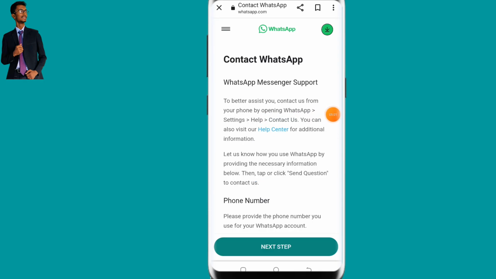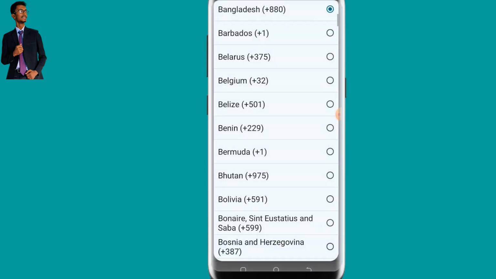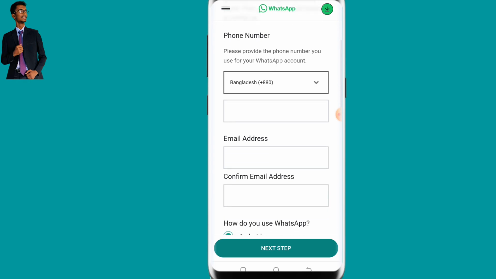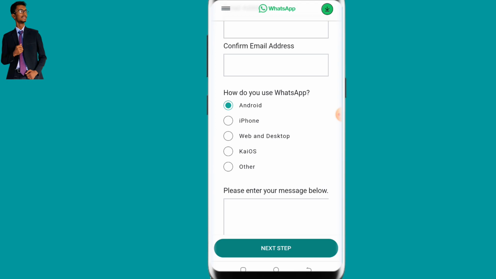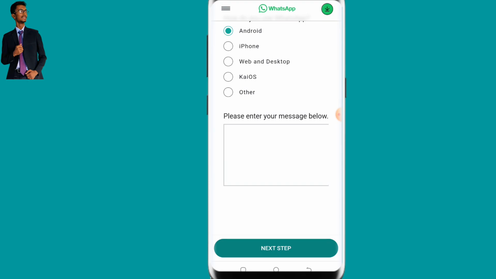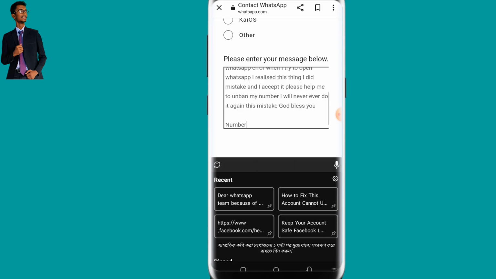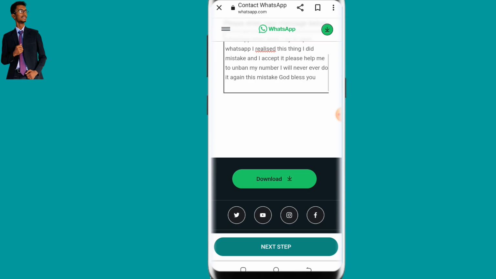You have to click contact us, and then put your country code, and then put your number and email address and confirm your email address, and then select which phone you have been using your WhatsApp on. I am using Android, so I select Android, and then you have to write the message again, and you have to cut the number option, and then click next step,